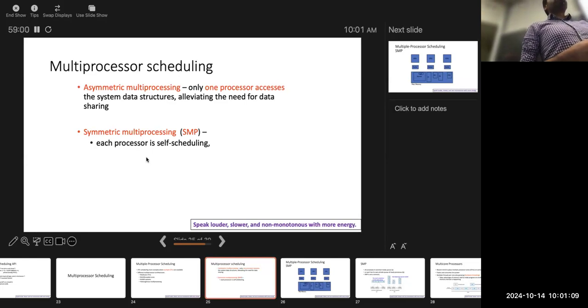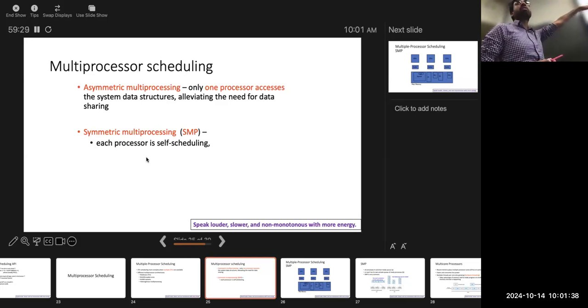However, this one is simple to implement because only one core can execute the OS code, which means all the other cores are simpler. But the problem here is that there will be a lot of communication going on between the master and the slave cores, right? The other case, which is now more prevalent and modern, used in all modern systems,